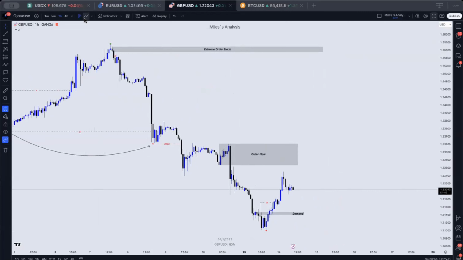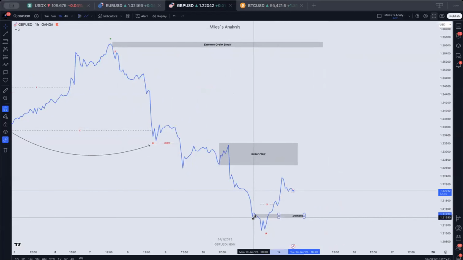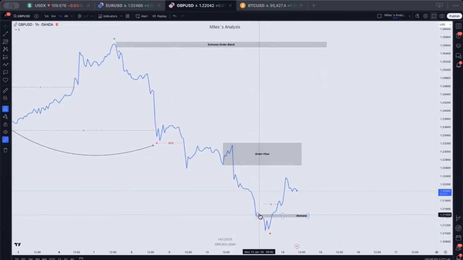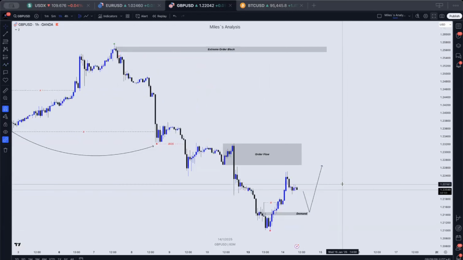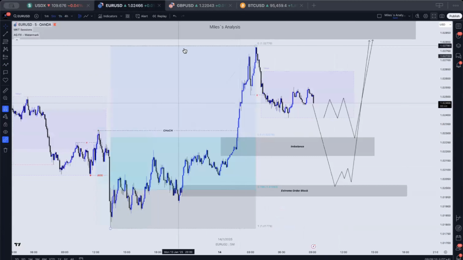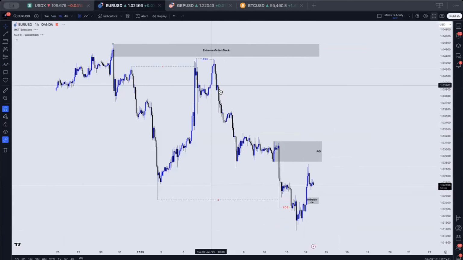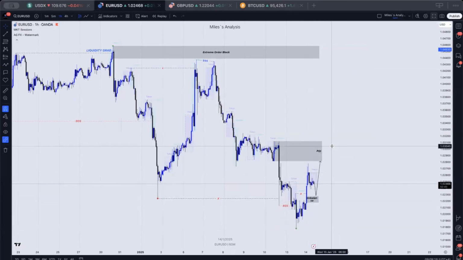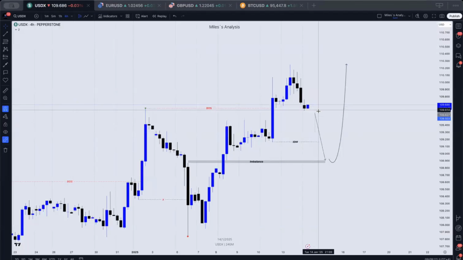And if you apply a line chart, you can see this is a demand zone because price consolidated a bit, then pushed down, then broke this zone. So price is more likely again to come back to this zone and then continue to go up, right? So going back to the candlestick chart, it looks like this. So I'm expecting to see something like this on the GBPUSD, and it's the same thing I'm expecting on the euro US dollar, because these pairs correlate, and I'm expecting a bearish move on the